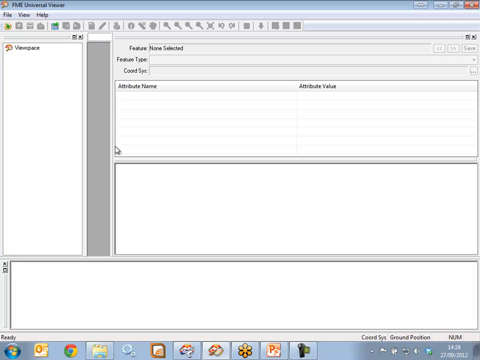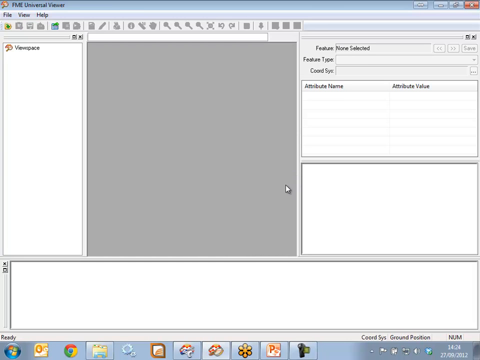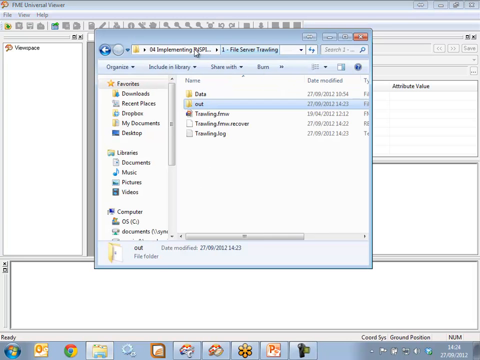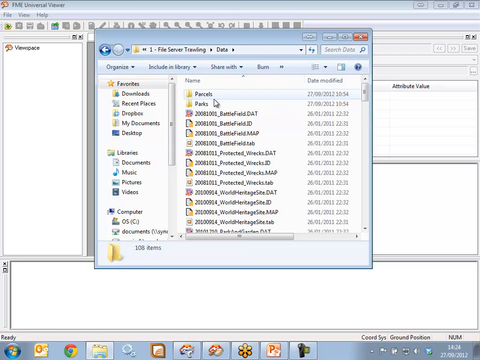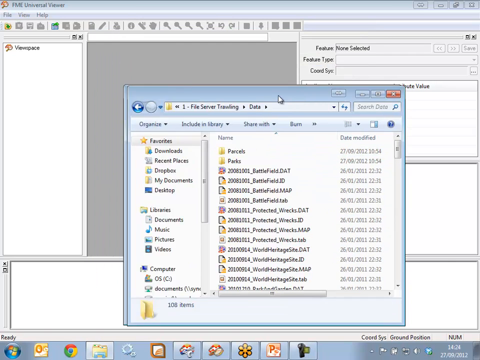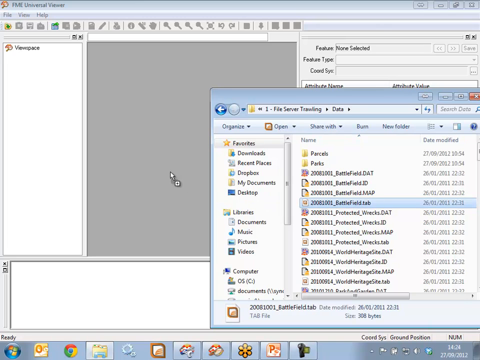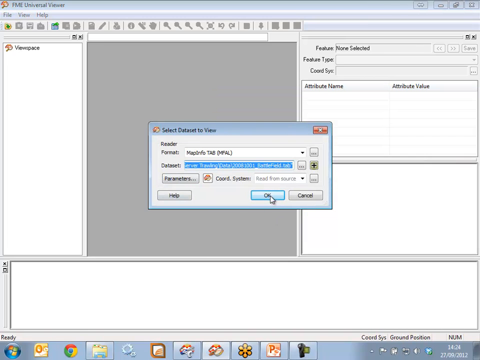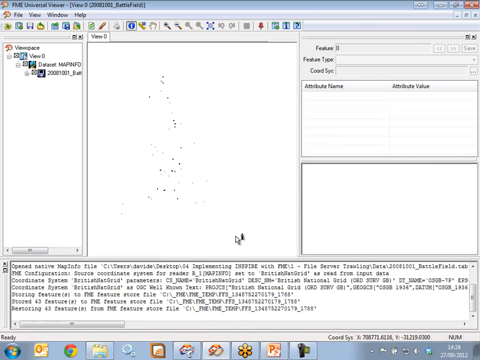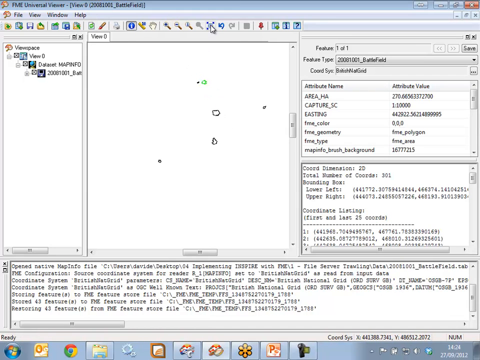And I'm writing the data out to KML. Now if I just show you what I'm talking about here, I'm going to open up the Universal Viewer, which is another tool that you get with FME. And if I just dive over to my data input directory, you can see that if I open up this tab file here of battlefield sites and just read it in,